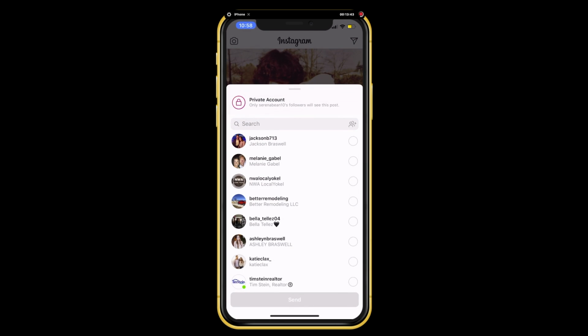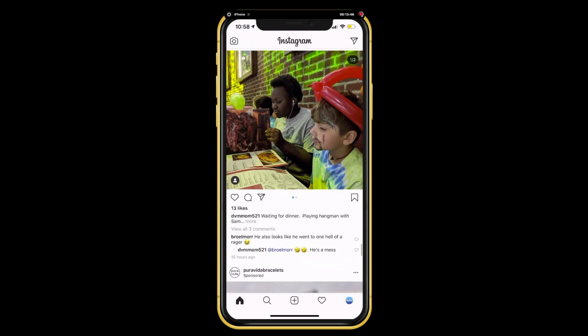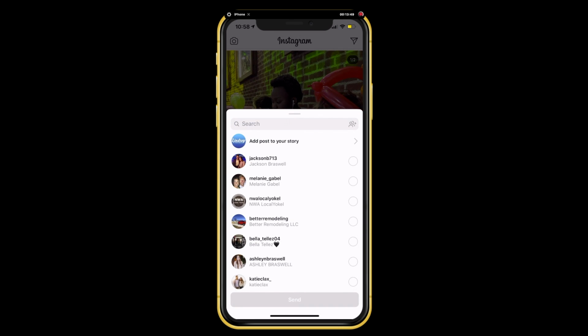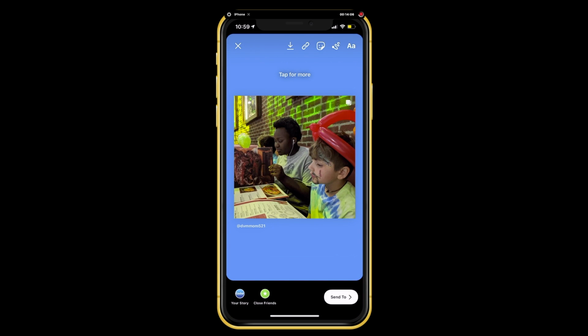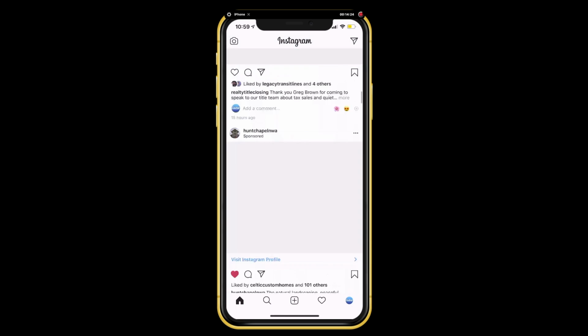Here I'm going to touch on how you would share a post to your story. So I would go find a post, and again, the account has to be public. It can't be a private account in order to share it. So I would click on that little share arrow icon that we talked about, how you would send it to other people, and at the top above all of the names of people you can send it to, you'll click on your little icon that says add this to my story, and here it pops up in a template for your story, and you can type or do whatever you want with it, everything that we touched on last time. And when you're ready to post, you'll click that icon in the left hand corner and